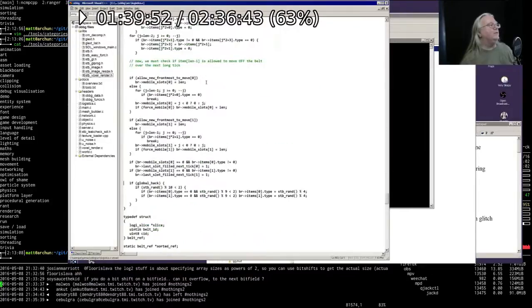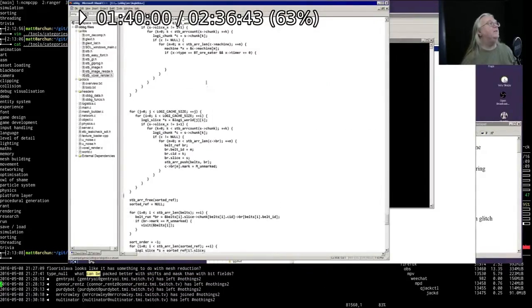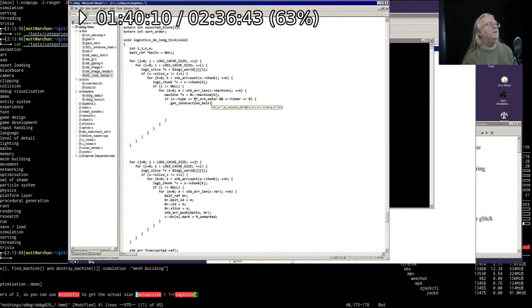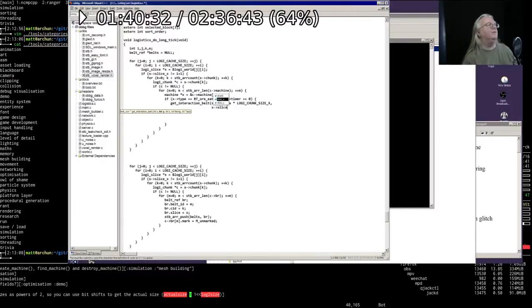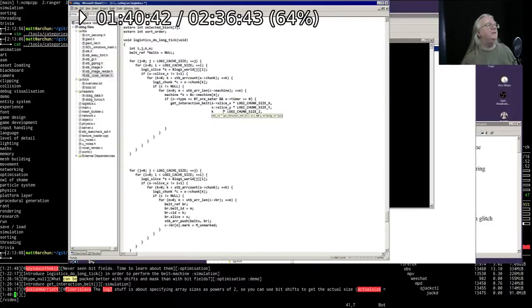So where was that code? So not the belt tick, but the long tick. Here it is. So we need to get interaction. Oh, was that what it's called? And we take this machine's location, which is slice X times Logi chunk size X, slice Y times Logi chunk size Y, K times Logi chunk size Z, and